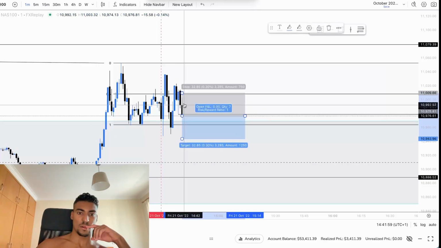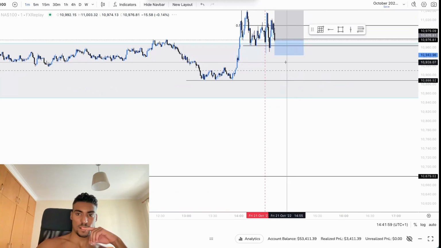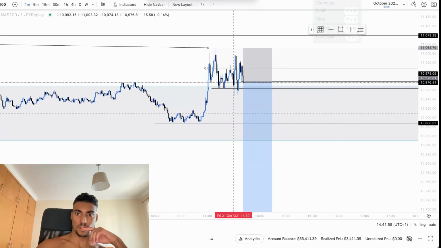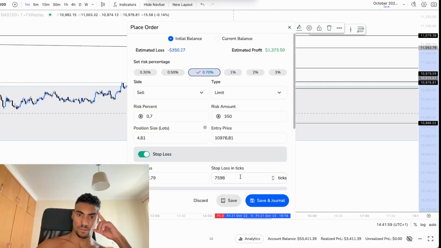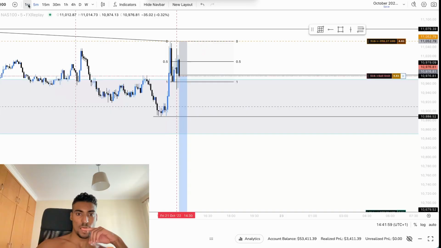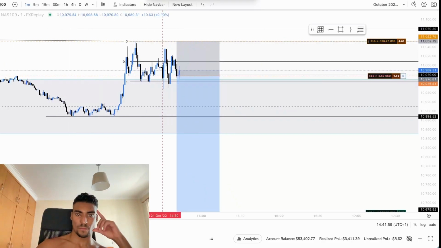Not liking the trade at all. I should be risking low, and I'm going to risk low. What's the target for this right here? I'll be risking low on this. Place order. Fuck it, I think we'll get manipulated on this, but I don't give a shit. Okay, we should be fine.